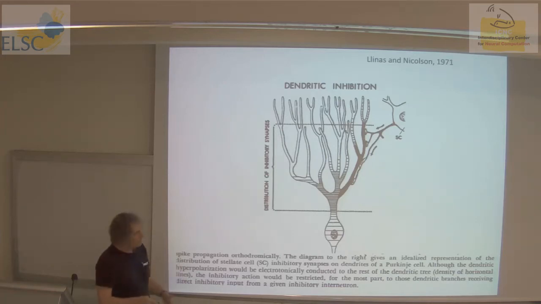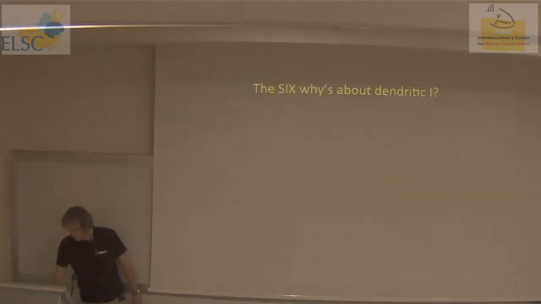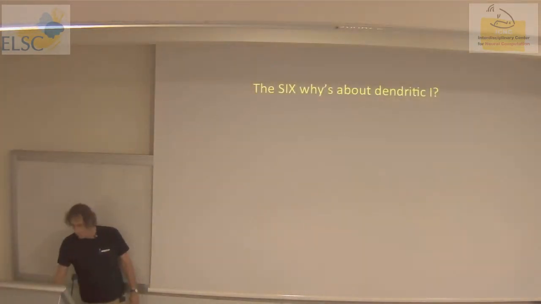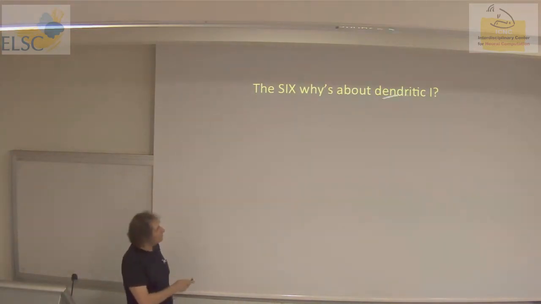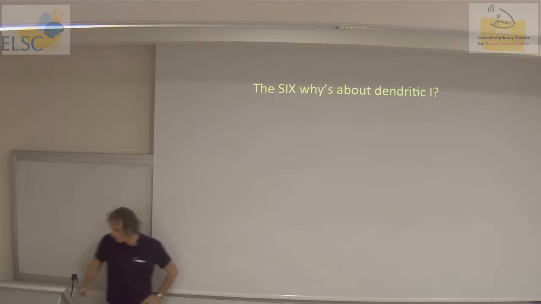You will see later that it has become common knowledge that inhibition shares the labor, so to speak: some region of the dendritic tree is occupied by a particular subset of inhibitory neurons, and another region by another type of inhibitory neurons, and that's, of course, one of the puzzles. So this is the first time that we hear the notion of dendritic inhibition. I want to go through the six whys about dendritic inhibition, but before that,